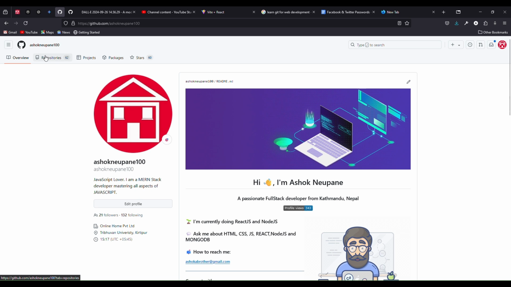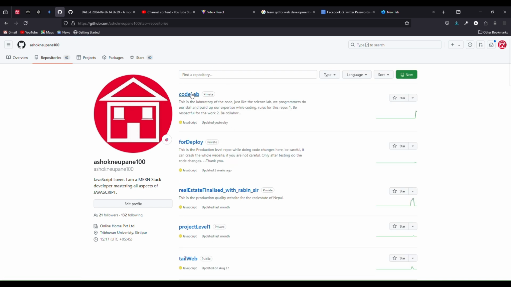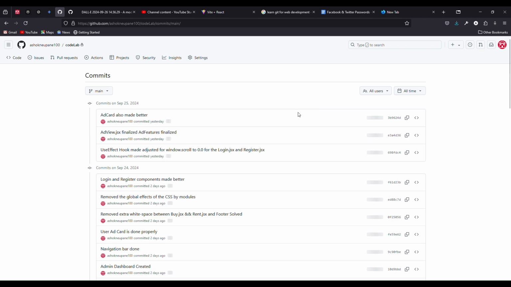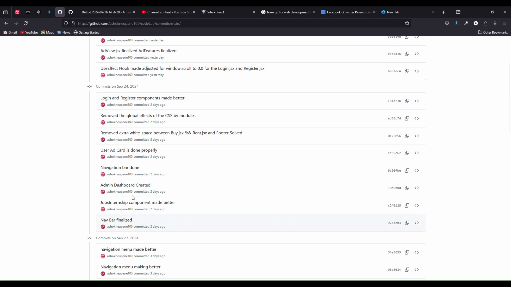There are so many people who have repositories, and in the repositories people put their code. The programmers make commits each and every day. I will tell the importance of it and how to install it. Why is Git important?